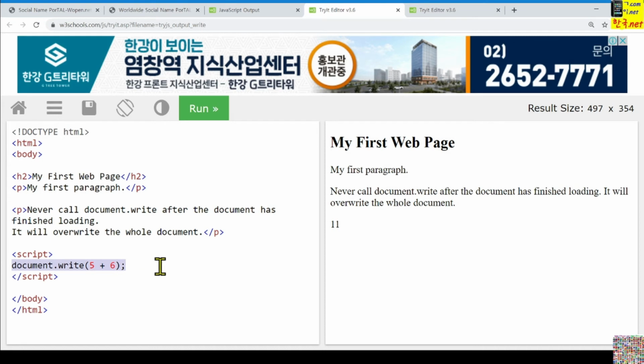We are using this statement. Then the result after calculation of this arithmetic operation will be shown on the screen like this. Thus, in this way, we can show the output after learning the JavaScript statement.